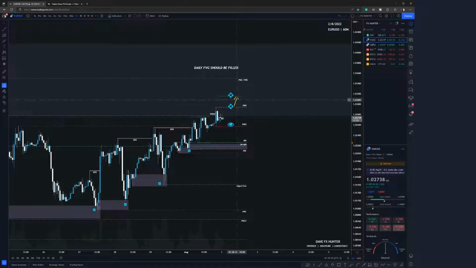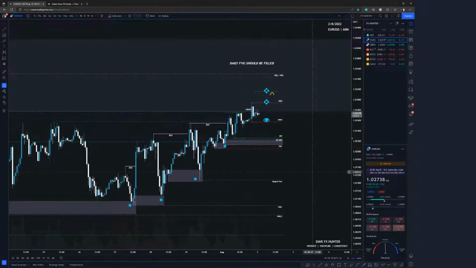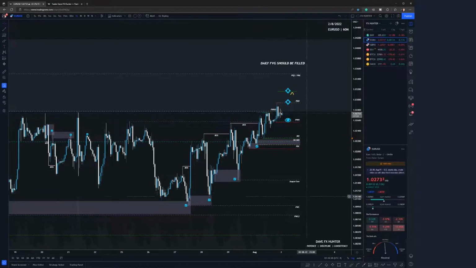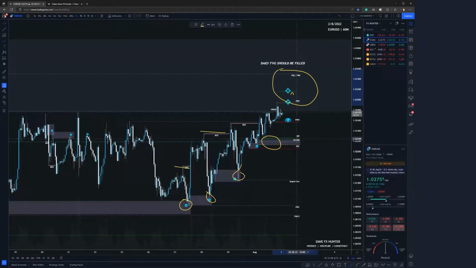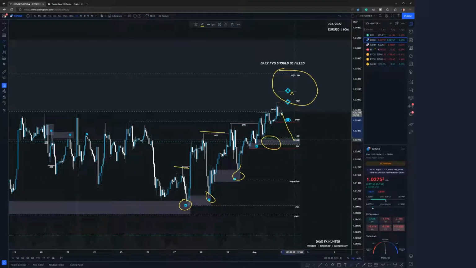We can see that the price is actually respecting the market structure. Here we had the break of the structure, then the price came down, retested the level, right? Another break of the structure, retest, break of the structure, retest. Here again, small break, retest, break. Here it did not retest, and we are going into this bigger time frame level, right? So here we could get something like this, and if here we get something like this, then it can go